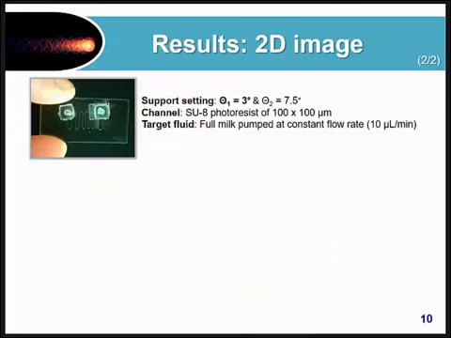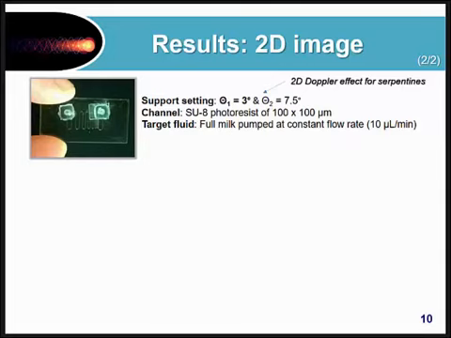We now pass to 2D scanning to create a 2D image. In this case, we use a microchannel with serpentines, and we set the support now with two angles, changing the theta 1 from 0 to 3. In that way, you can create the Doppler effect in 2 dimensions. The microchannel has an SU-8 photoresist of 100 by 100 micrometers, and the target fluid is full milk pumped